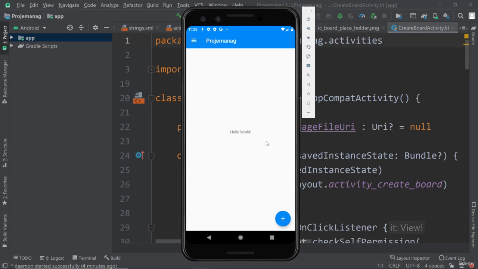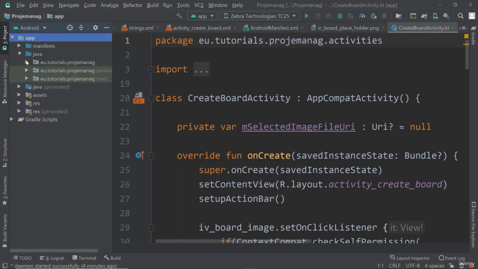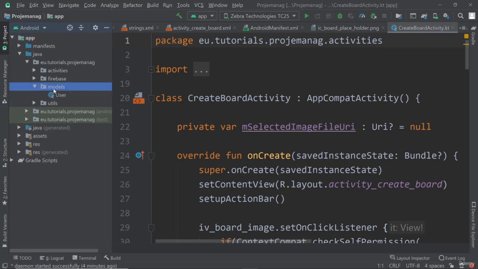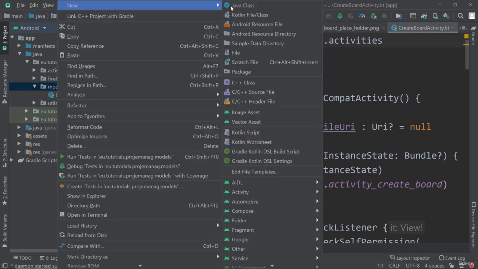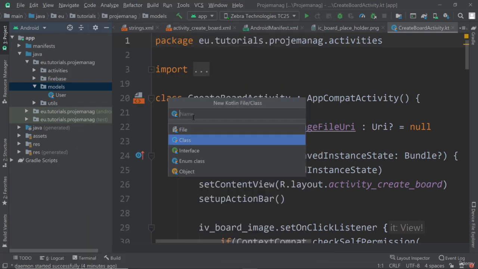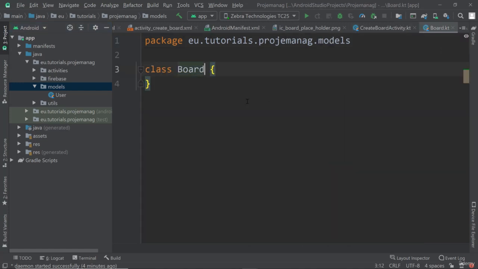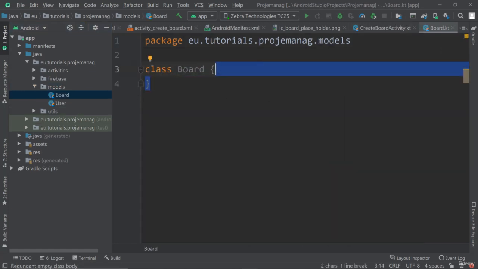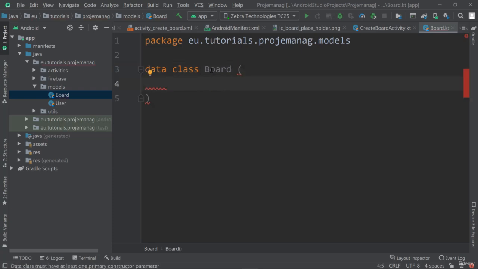Later on, we also potentially want to store the information about the different cards that are in the board and all those kind of things. So let's get started with the basic model first though. All right, so therefore, I'm going to create a new class in here in the models. So create new Kotlin file class, and I'm going to call this one board. All right, so this board is going to be a data class. So we keep it super simple. We don't need to have any additional information in there, right? So let's make it the data class, no functions or anything, just the basic data,